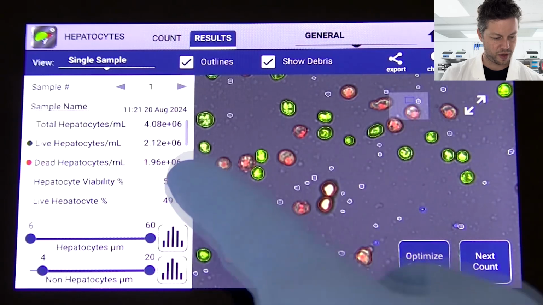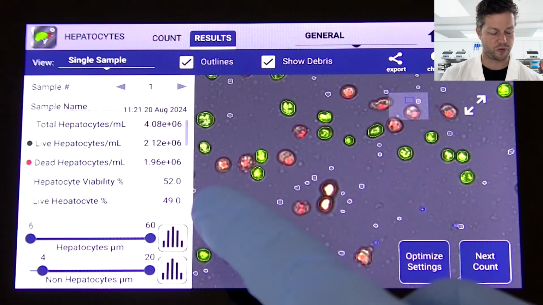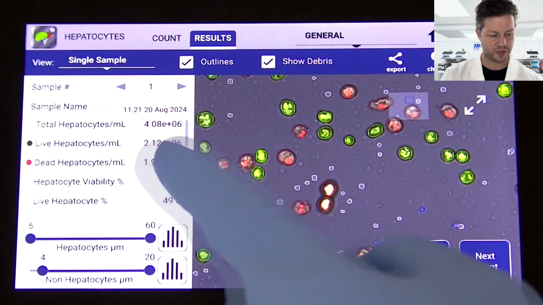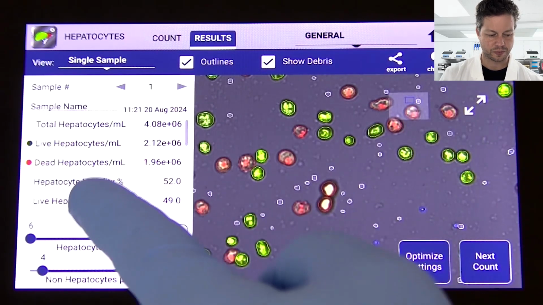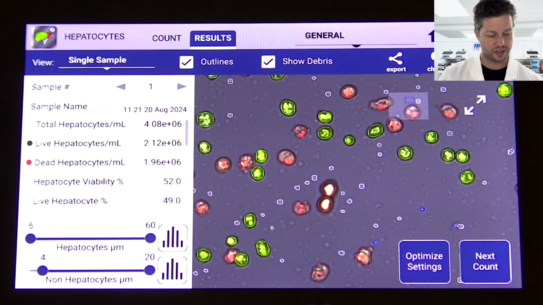And to the left, we have all of our most important information for the hepatocyte count. So that would normally be your live hepatocytes per mil, your viability. These have been sitting out for a little while, so the viability is a bit lower than I would typically expect for this sample, but that's probably because I isolated them a few hours earlier and they've been sitting out